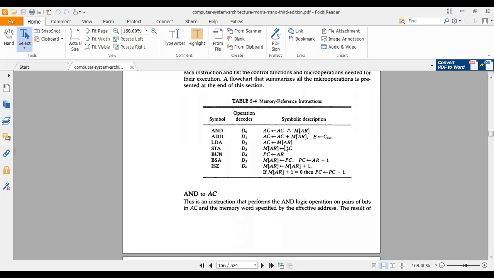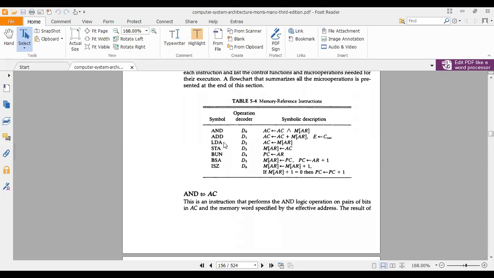Load means the data contained in the memory location AR is moved to the accumulator. So load A means loading the data to the accumulator from the particular memory location. STA means you are storing the data, whatever content is in the accumulator, in a particular memory location.